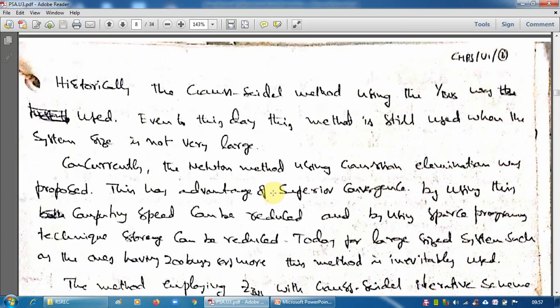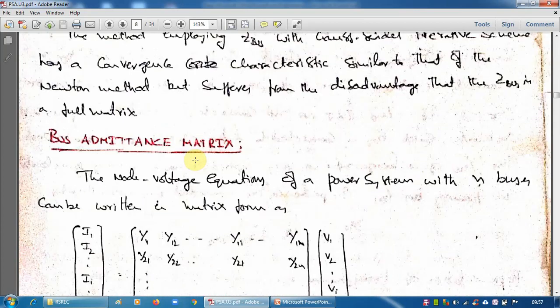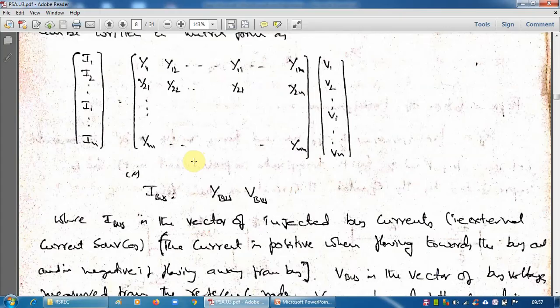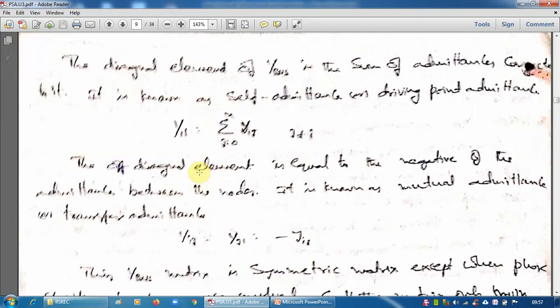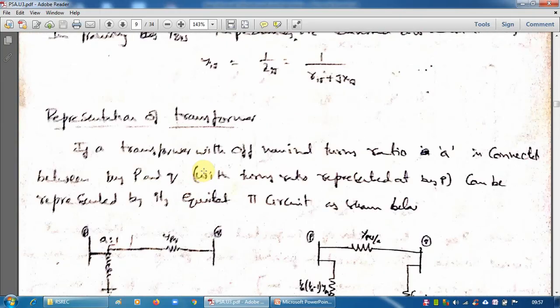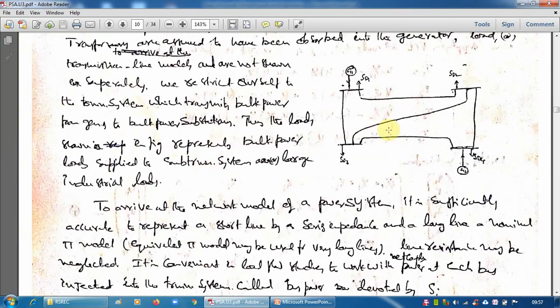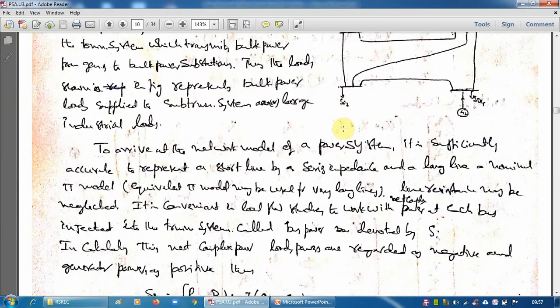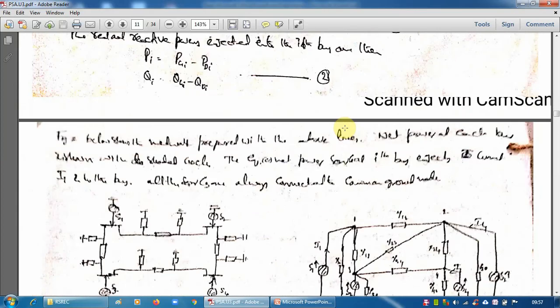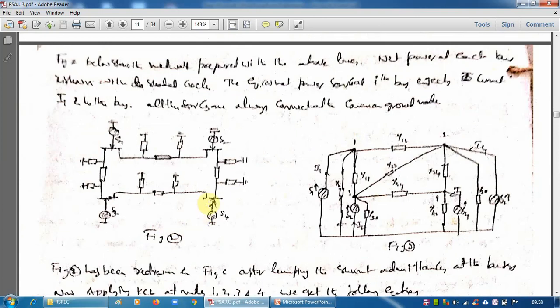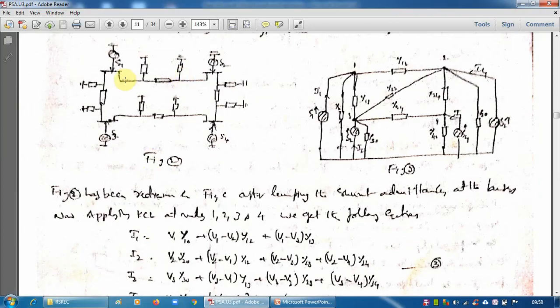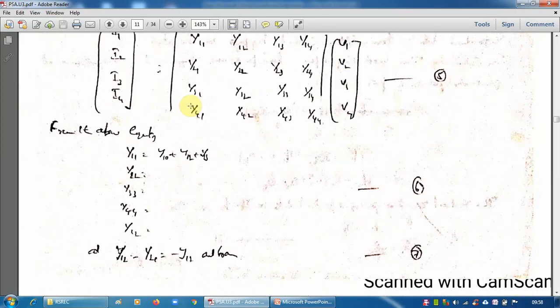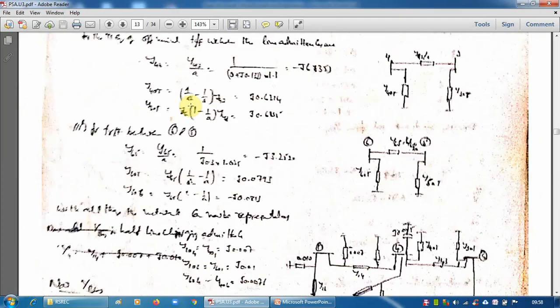Though load flow can be performed using the Y bus method or the Z bus method, Y bus is advantageous, so we follow the Y bus method. We have also seen how Y bus is to be constructed, and before that, how a given system is to be modeled so that it is suitable for carrying out load flow. Based on the final model we can easily construct Y bus. We have seen one example also.